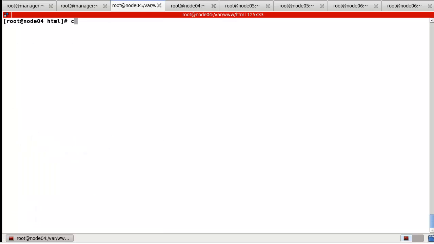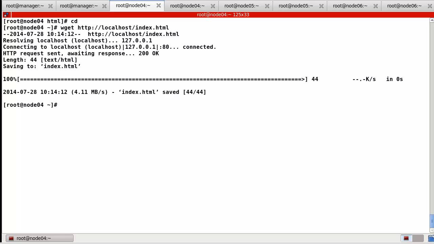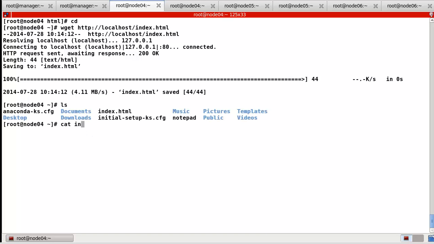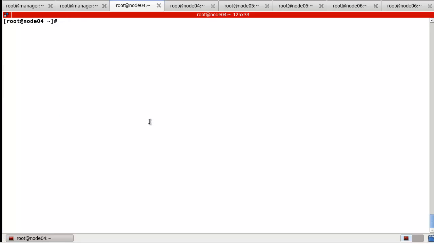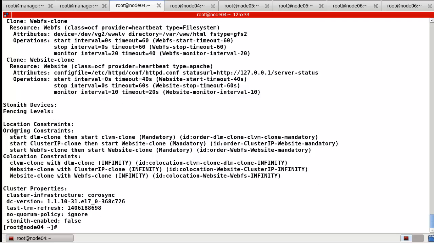For the testing here, let's use this. So now I download this file, okay, index.html. So here, okay. So now I checked all the cluster nodes are providing the Apache web service to the client. Using this one, we already checked. And if we want to check more information, okay, config, okay, here.